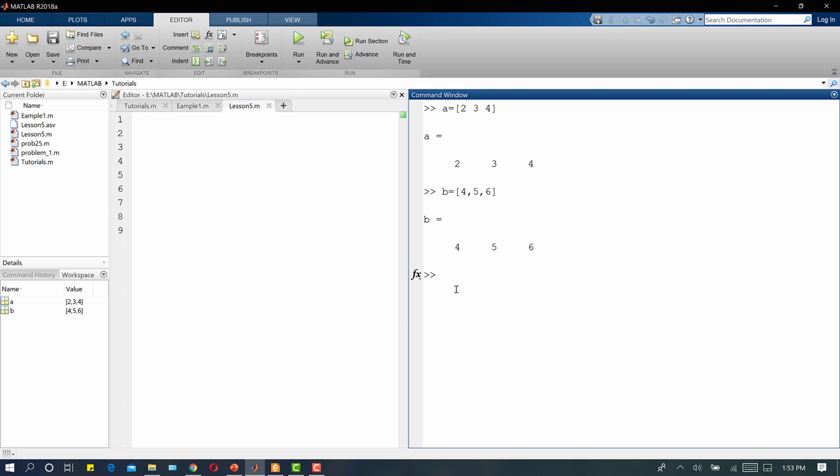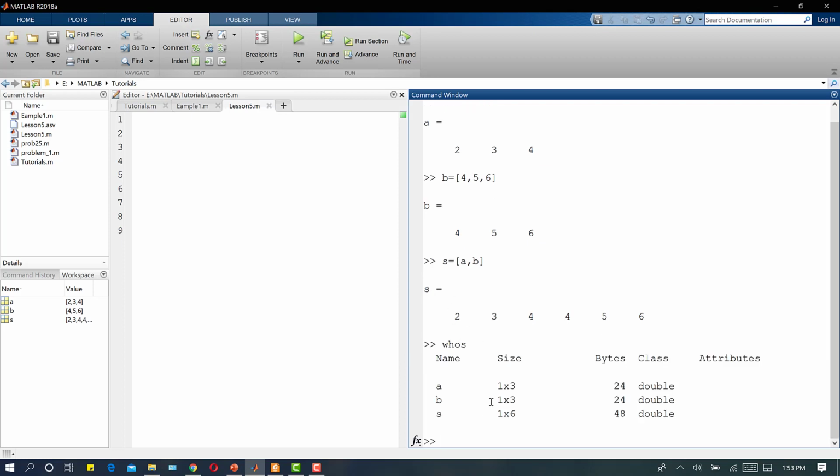Let's suppose I write another vector S is equal to square brackets A comma B. If I press enter, now I have a row vector S with the elements of A and then the elements of B. If I write whos, A is a row vector with one row and 3 columns, B is a row vector with one row and 3 columns, and S is a row vector with one row and 6 columns, the combination of both A and B.